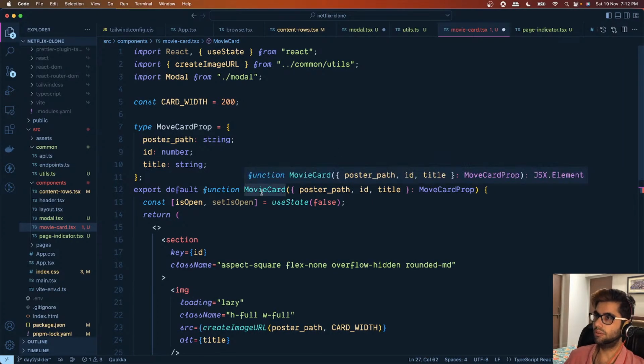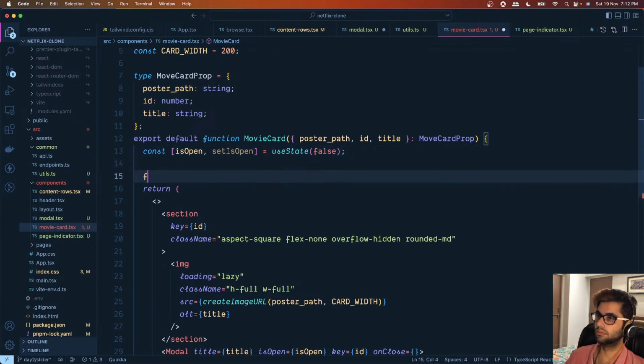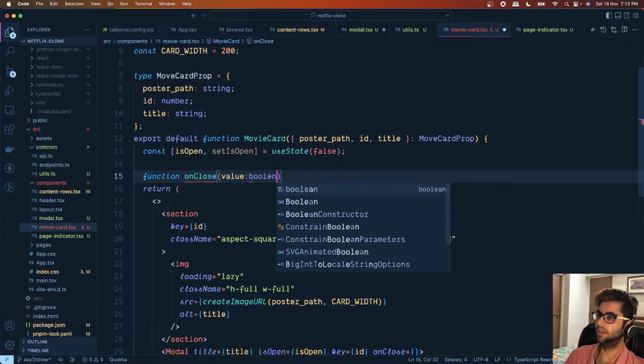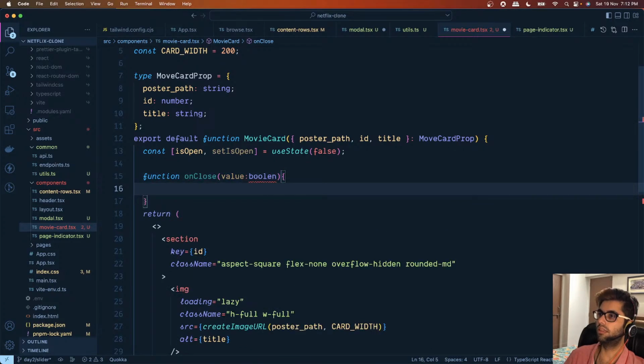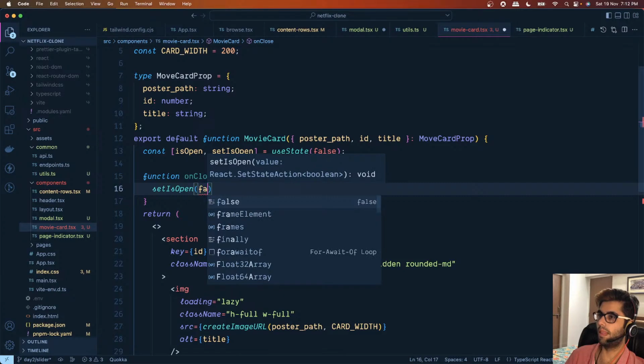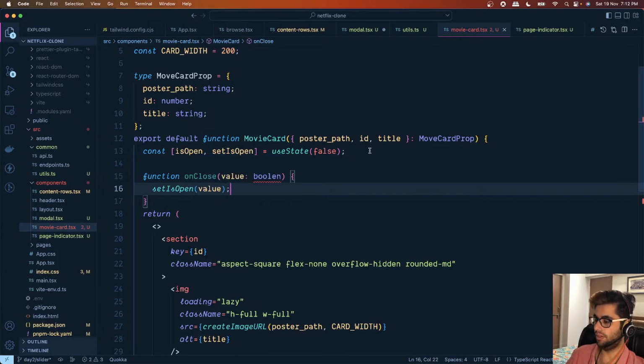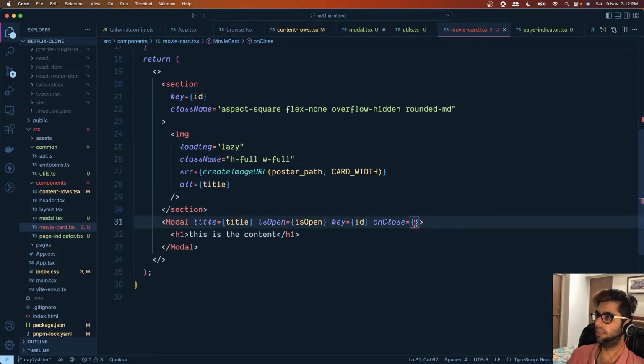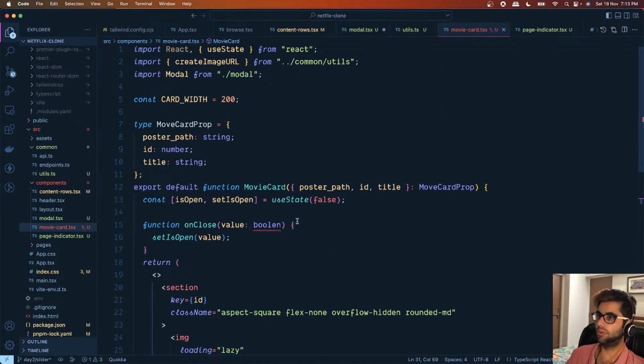And on close, this expecting a value which is boolean, and we'll say set is open to false, or whatever is the value that we're getting from here. And let's assign on close to this. And what we want to do is